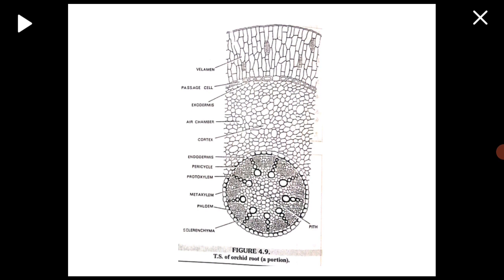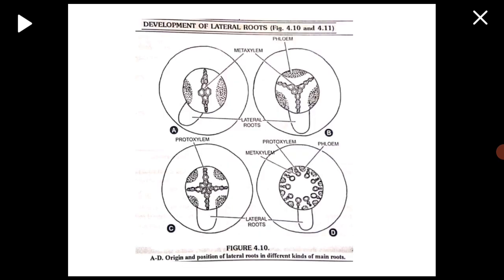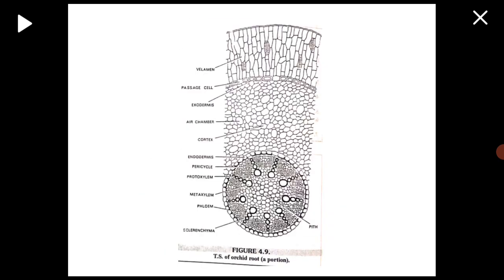Inner to the pericycle is the vascular tissue, which consists of radial vascular bundles. That means the xylem and phloem bundles alternate with each other. The number of vascular bundles is more than 6, polyarch. The xylem is exarch, means protoxylem faces towards periphery and metaxylem towards center. The parenchymatous cells around and in between the xylem and phloem bundles constitute a thick-walled conjunctive tissue.